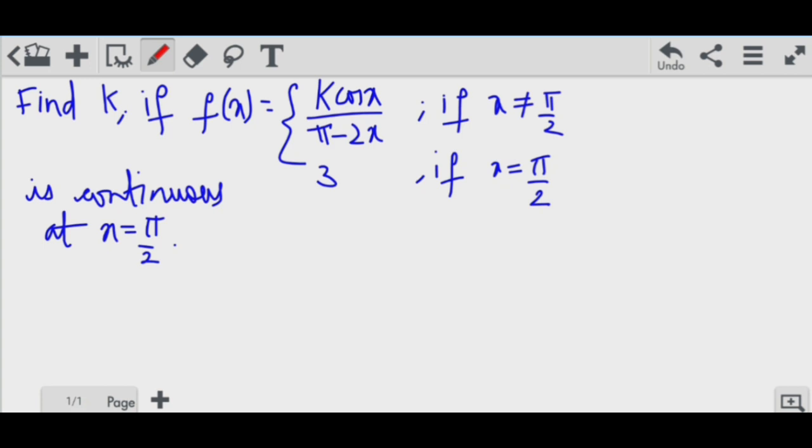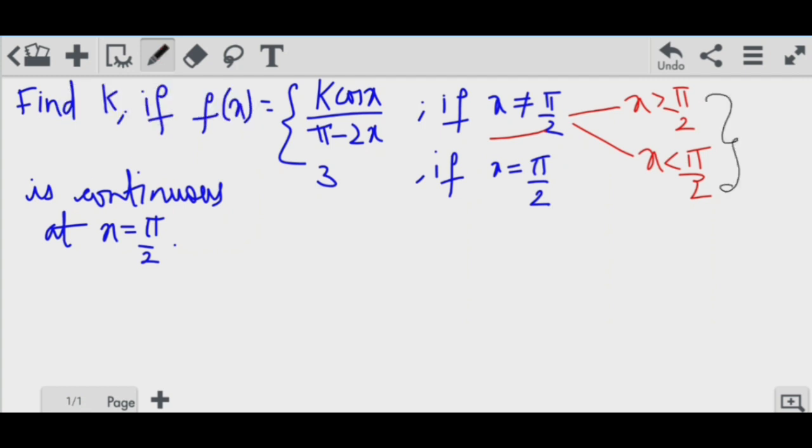value of k. So here make sure that when x is not equal to pi by 2 in this branch, this implies either x is greater than pi by 2 or x is less than pi by 2. X is not equal to pi by 2, and x may be greater than pi by 2 or less than pi by 2. So in this particular case, no need to go for LHL and RHL. As you can observe here,